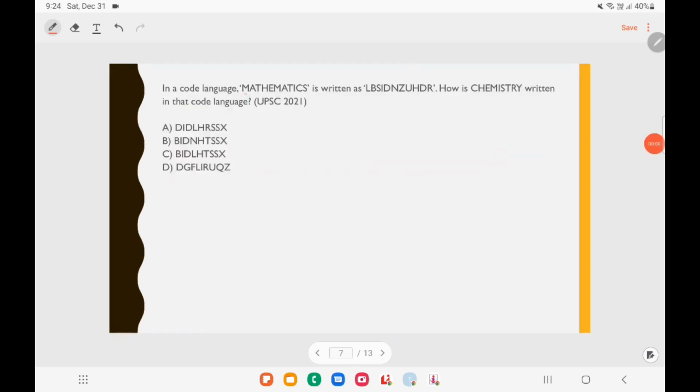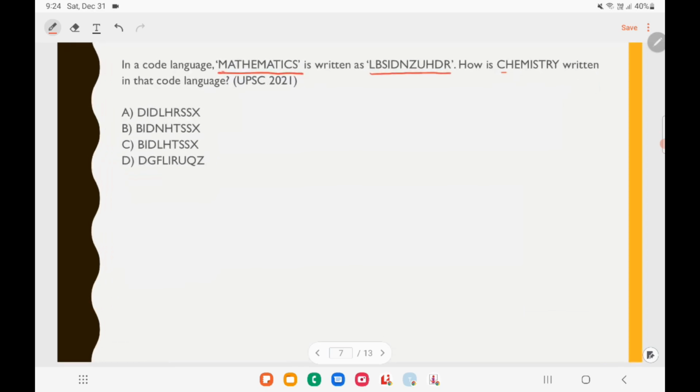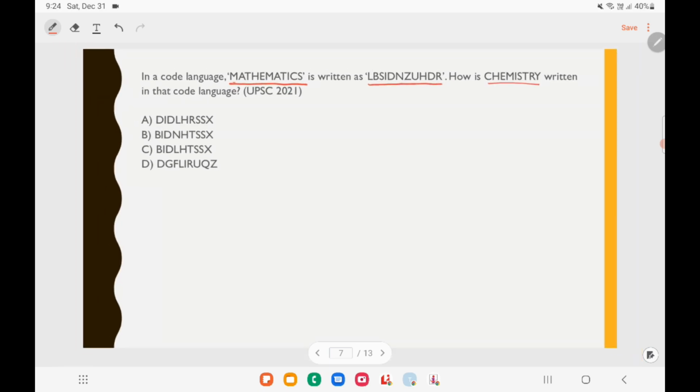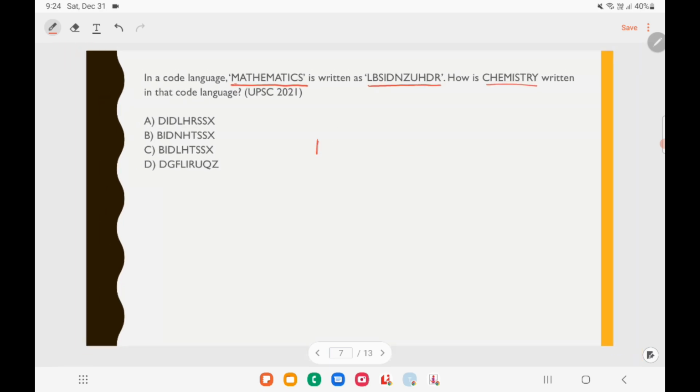Okay. So let's see the next question. This is a question from UPSC 2021. So in a code language, mathematics is written as LBSIDNZUHDR. Then how is chemistry written in that language? So first we need to decode how the coding is being done. So here it is given, mathematics is coded with